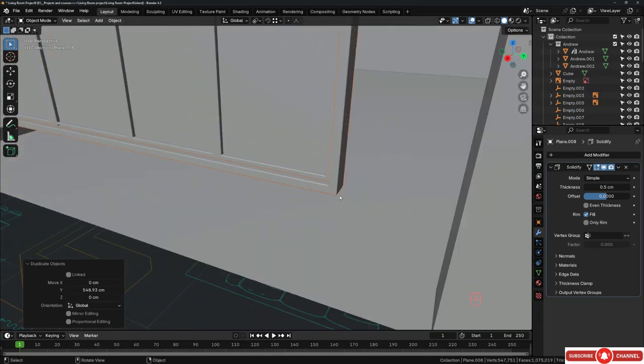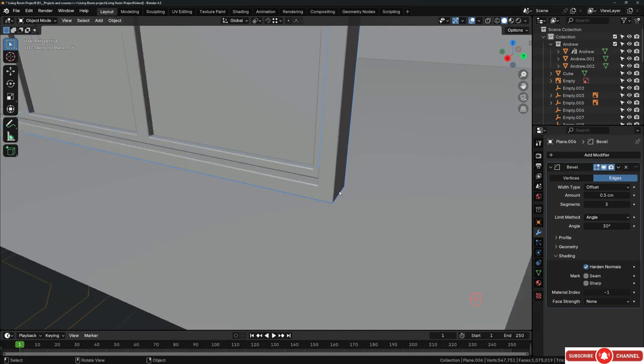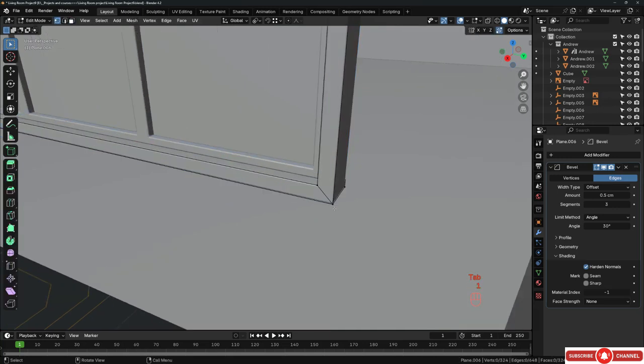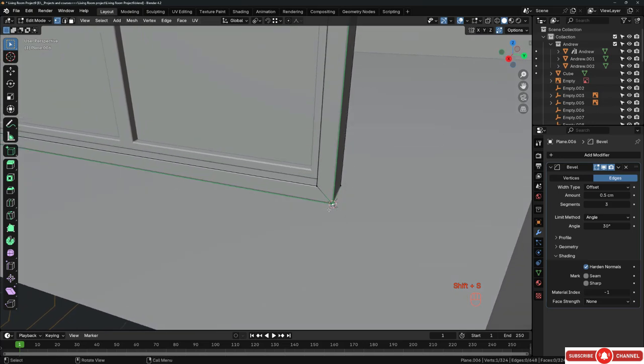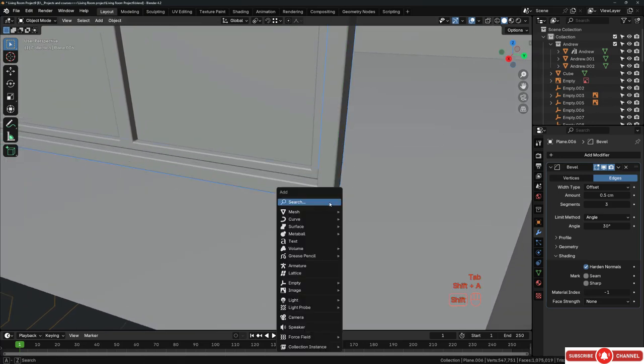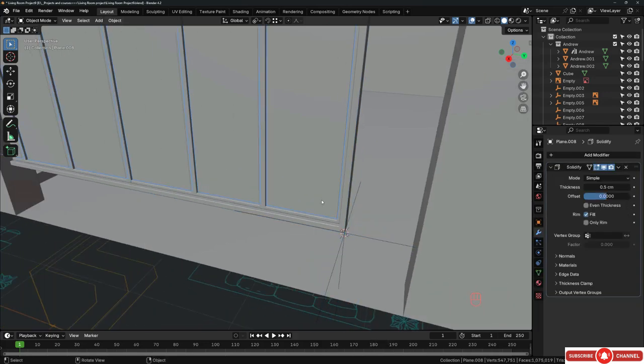wall perfectly. I mean, you can add an empty here. For example, we can grab this frame, tab, and select this vertex, hit Shift S, and bring the 3D cursor over here. Shift S and move the mouse down to bring the 3D cursor over here. And now tab out, Shift A to add, and now you can add an empty here. And now you can